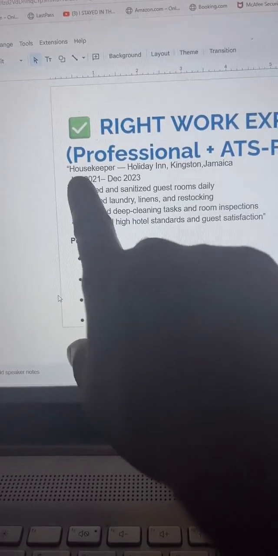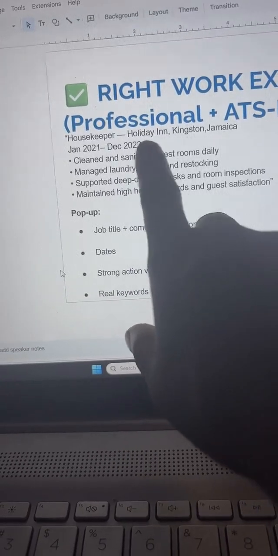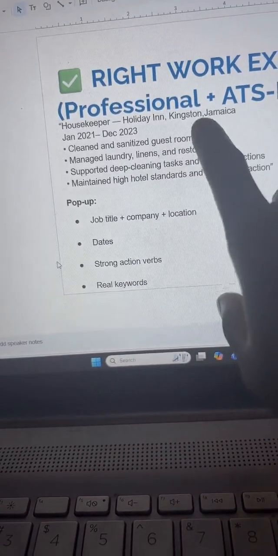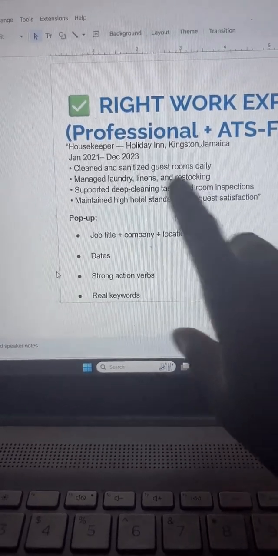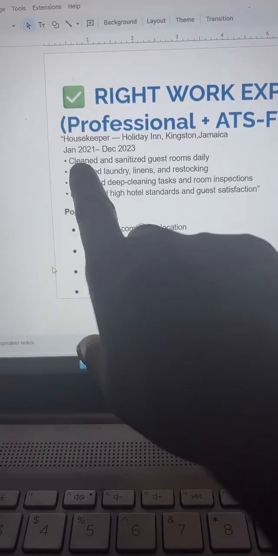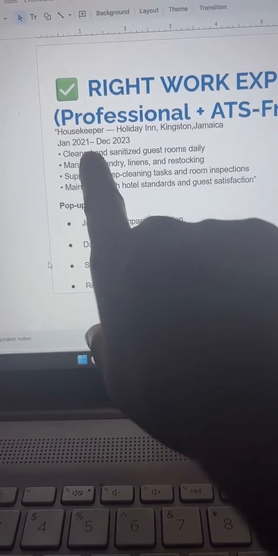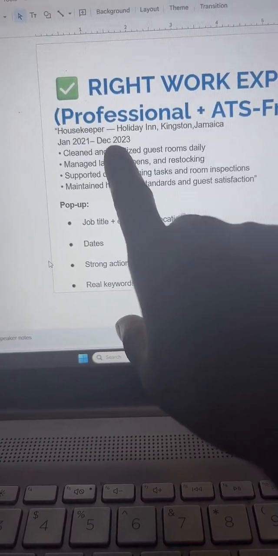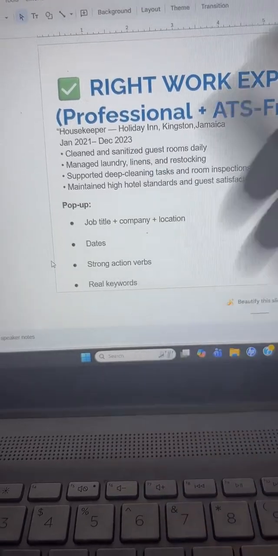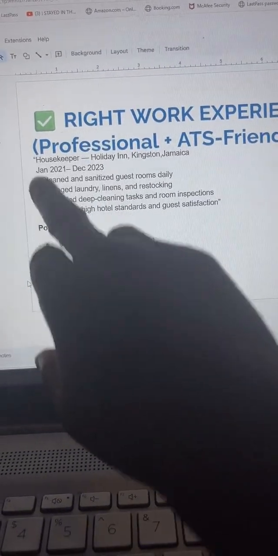So you have the job title here, dash, then the company name, then comma, then the city and the country of where you work, then the month and the year you started, dash, then the month and the year that you left, and ensure that you're using bullet points.